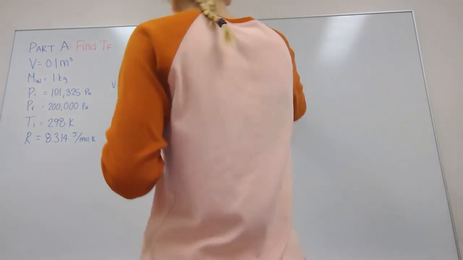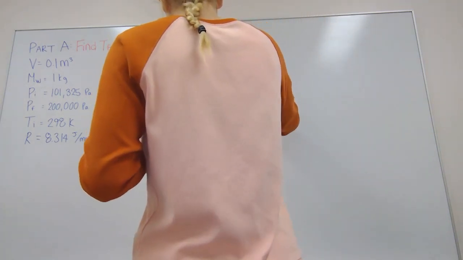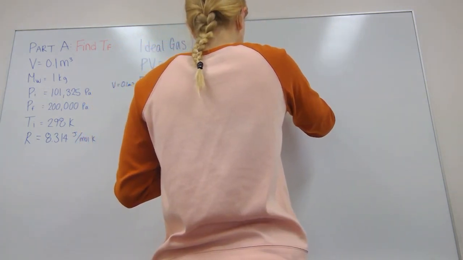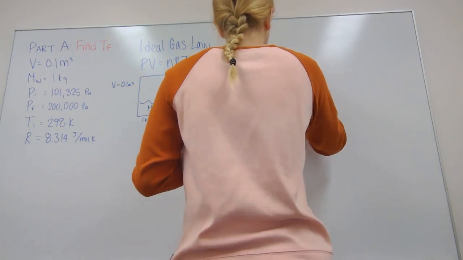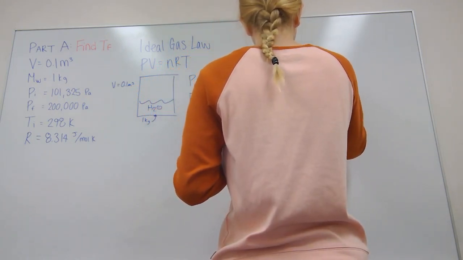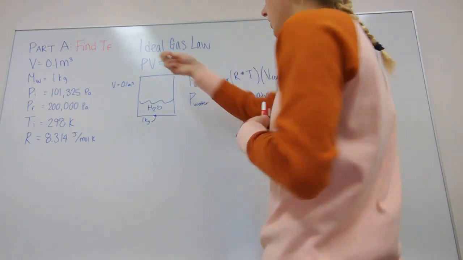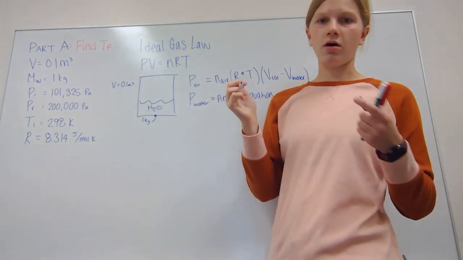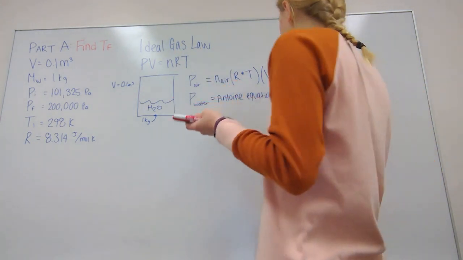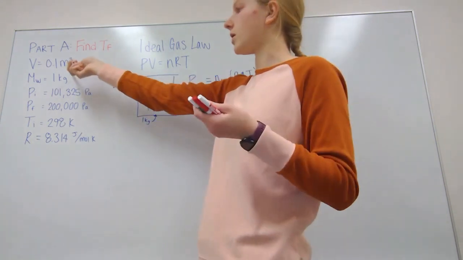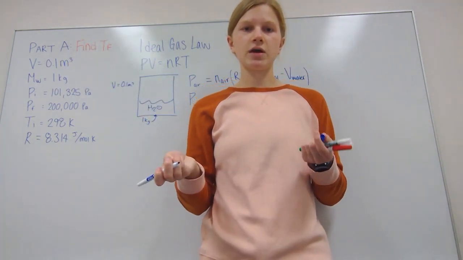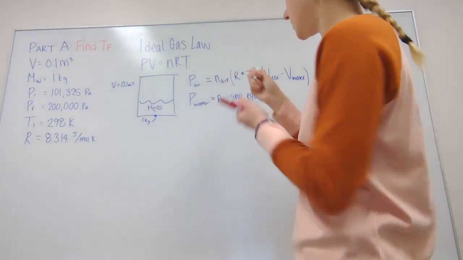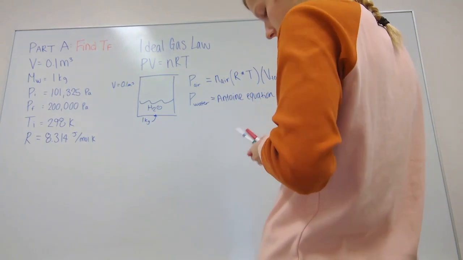So the partial pressure of the air is going to equal the number of moles, R times T, divided by the total volume minus the volume of the water. So essentially all I did was divide by the volume, and then we need to subtract the volume of the water, which we can calculate pretty easily since we know the mass of the water, and then we can just use our density formula to calculate the volume of the water. But first what we're going to do is calculate the number of moles. So I will write that up here,